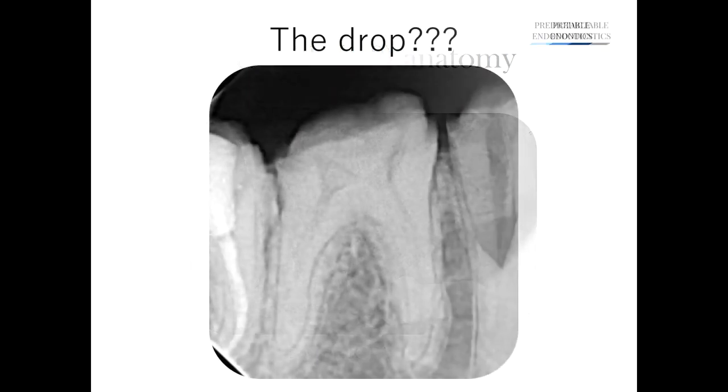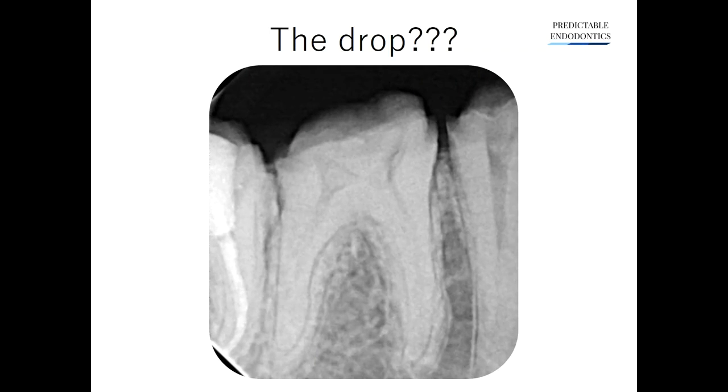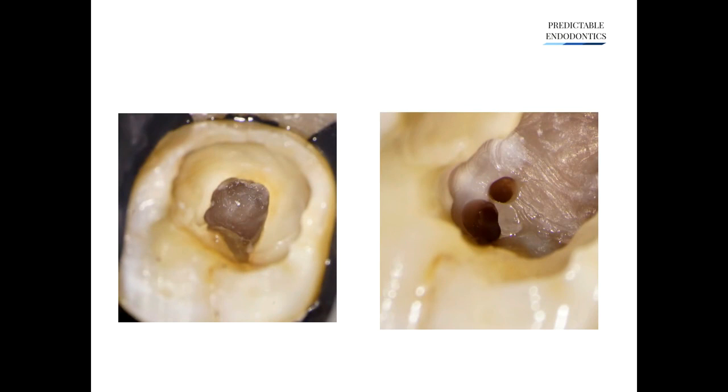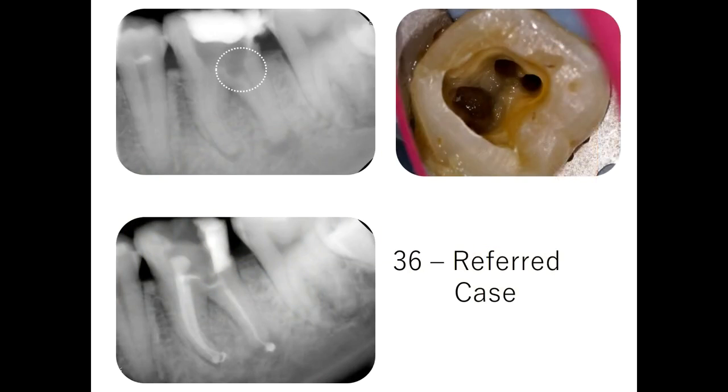We all teach access opening saying, the minute you reach the pulp chamber, you will feel the drop. But in quite a significant amount of cases, you will not have this sensation at all. These are the calcified cases. The truth is, some of these cases can be handled, but some of them will be nearly impossible without a good operating microscope. The case you are looking at here is a perfect example.